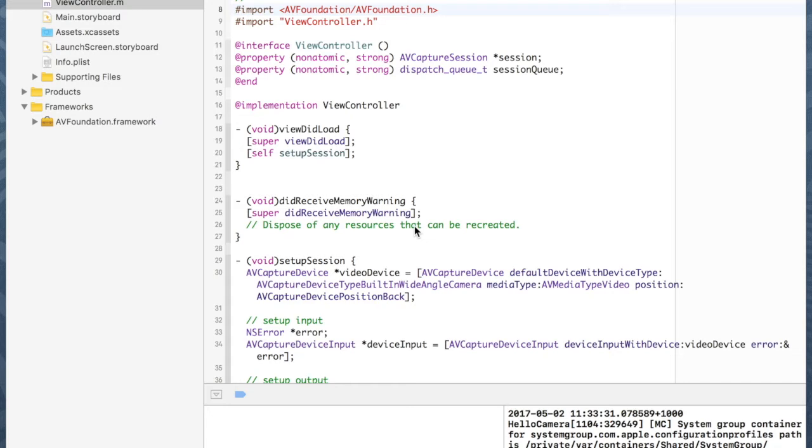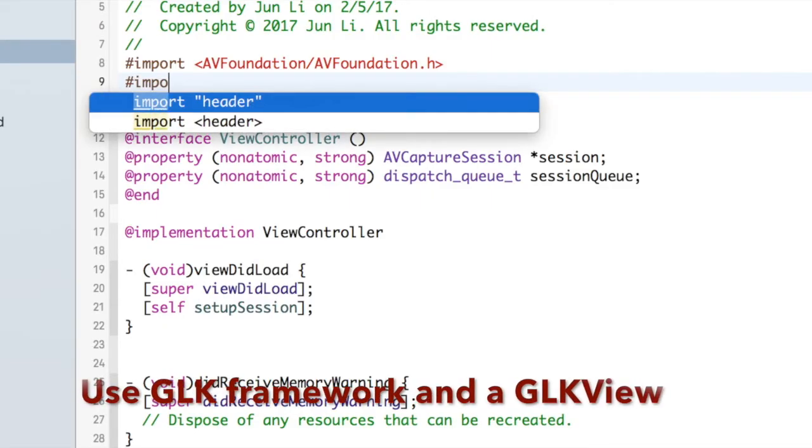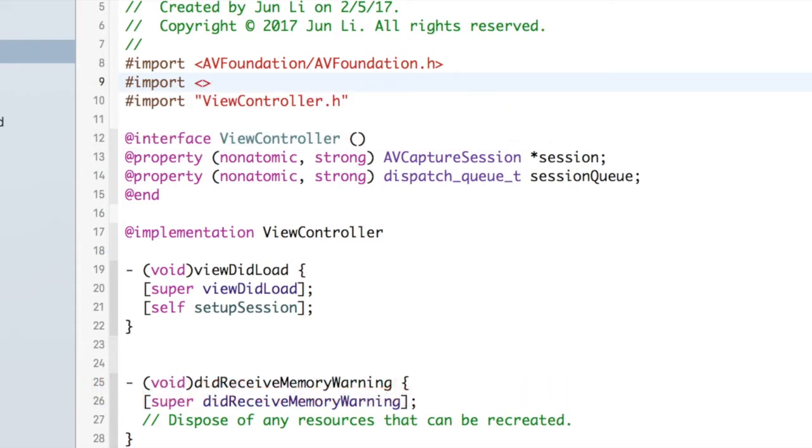If we get the three-dimensional information and we want to visualize such information to the user, employing three-dimensional rendering is a natural choice. We import a framework called